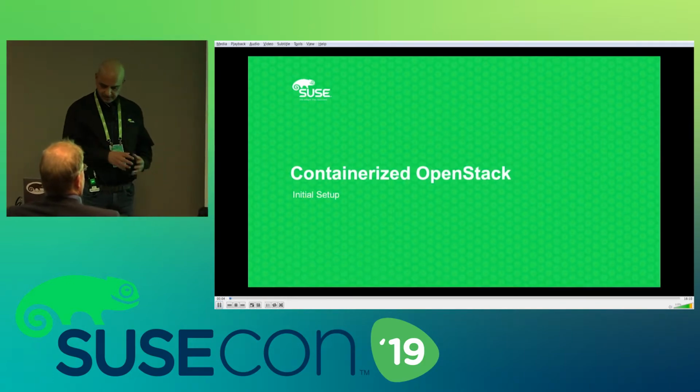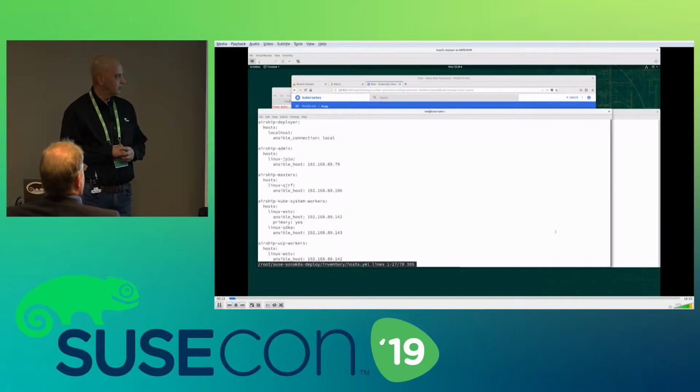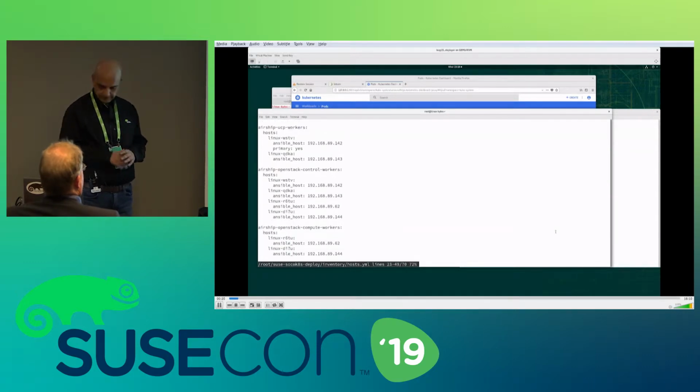So in this demo, in the initial step, I'm going to talk about the initial setup. What kind of setup is required, or what we are asking the customers to do. We are using Ansible for orchestration of all the deployments. So the customer has to provide